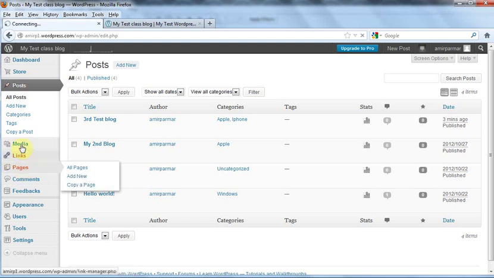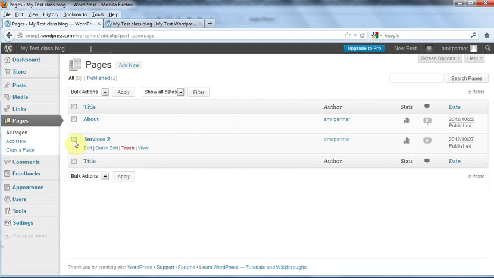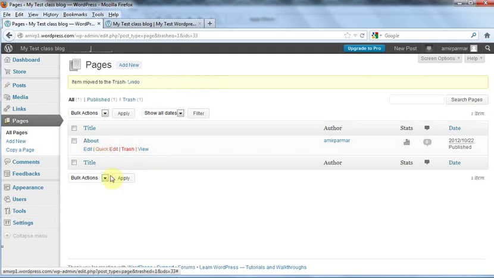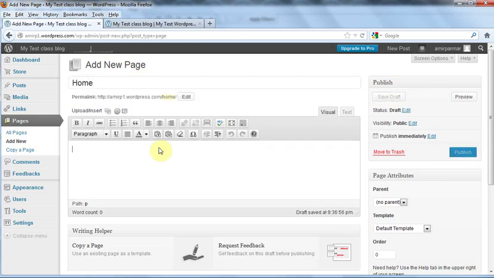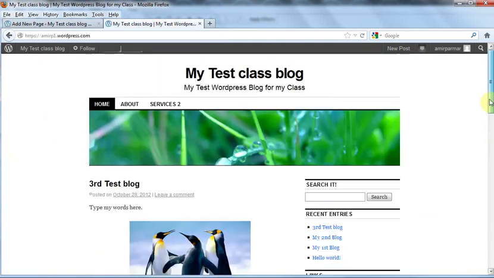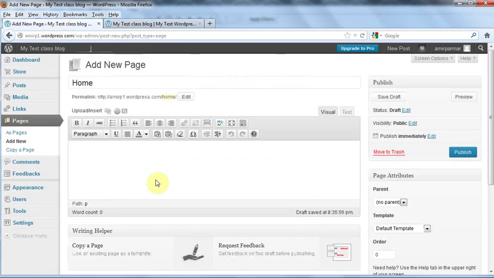So I go to pages, and I don't need this page, so I'm just going to delete it right now. So I just have a page called About, which I think is created by default, so you can go back and edit it if you want. But what I'm going to do is add some pages. So I'll go to add new, and I'll create a home page. By default your blog shows up on your home page, yet your first page is home. So I'm going to show you how you can change that so that your home page is a different page,